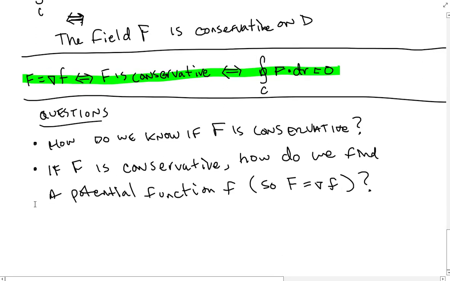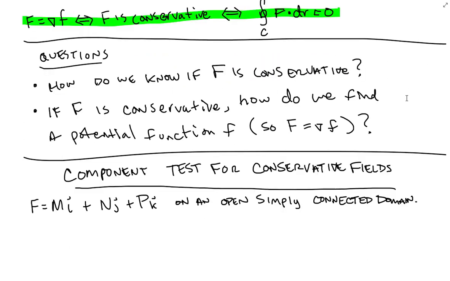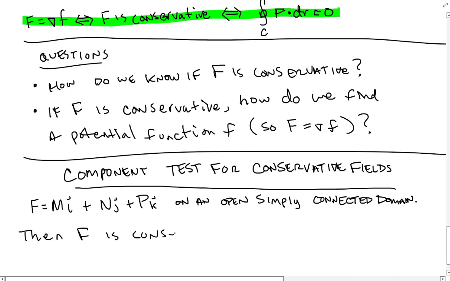Alright, so we first have what's called a component test for conservative fields. This is a test, meaning you can use it to find out if a field is conservative. It is the following: if you have your field F, where M is the i component, N is the j component, and P is the k component, and it's on an open, simply connected domain, then your field F is conservative